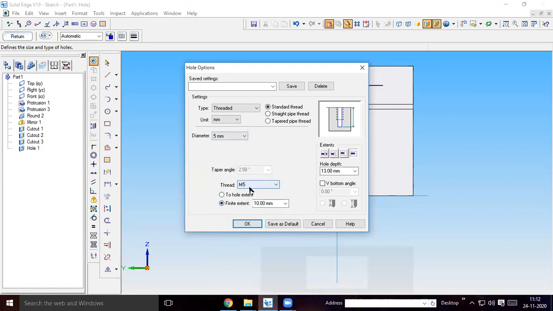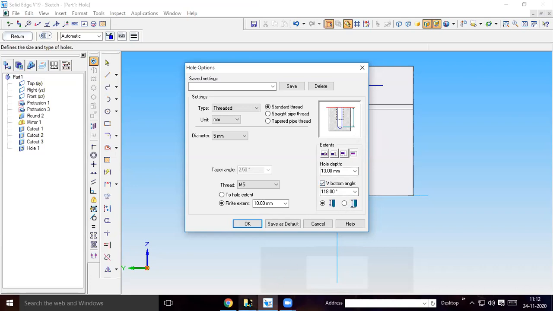So here thread depth will be 10 mm. The total depth of the hole is 13 mm. Here you have to select the last one, finite extent, and give 13 mm depth, and V bottom you select. Like this you will get.